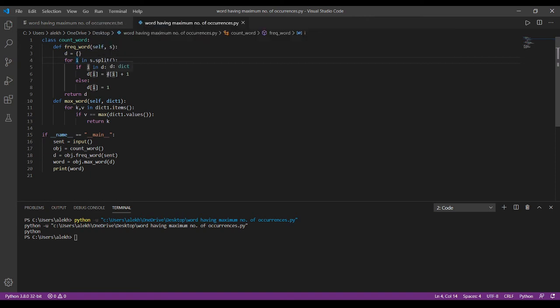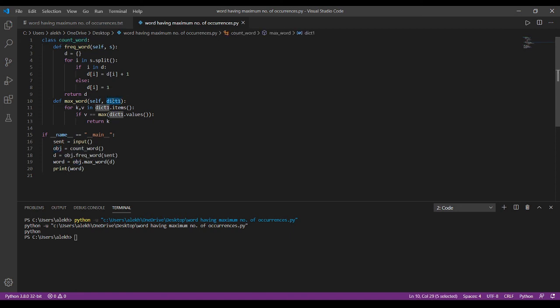If it is present in the dictionary, we are incrementing its count, and if it is not, we are initializing its count as 1, and we are returning the dictionary. This dictionary is stored in a d variable in our main method. Next we need to find the most frequently repeated word, so we are passing this d into the max word method defined in count word, so object dot max word of d.